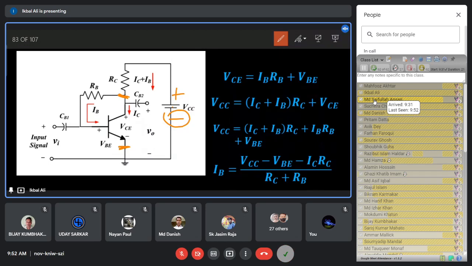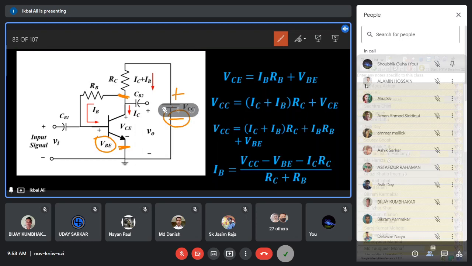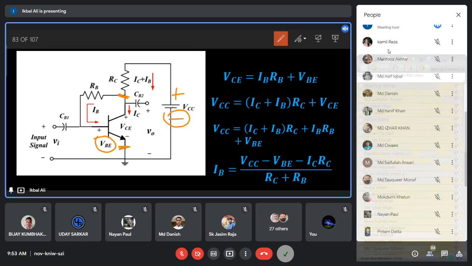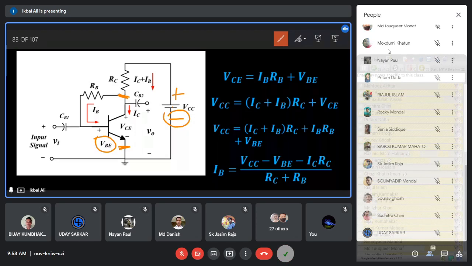But the magnitude of these voltages matters. It is a forward bias direction, but unless you apply 0.7 volt to the base emitter junction, no current can flow. So you have to make sure that the forward bias voltage VBE is at least 0.7 volt or greater. The voltage applied due to this VCC and the resistances should be 0.7 volt or more. Then automatically this junction will turn on, current will flow, and that voltage will be fixed at nearly 0.7 volt.